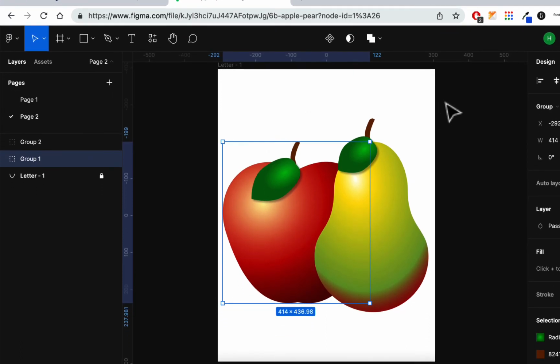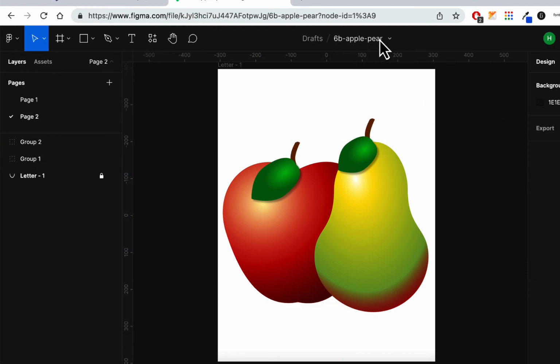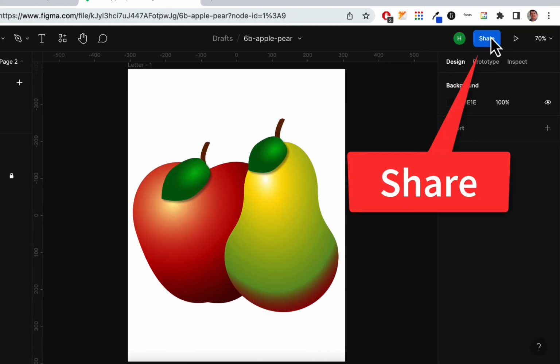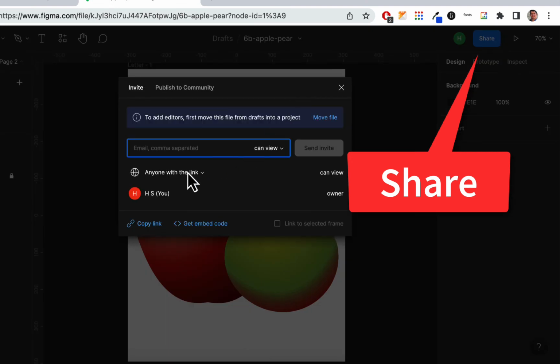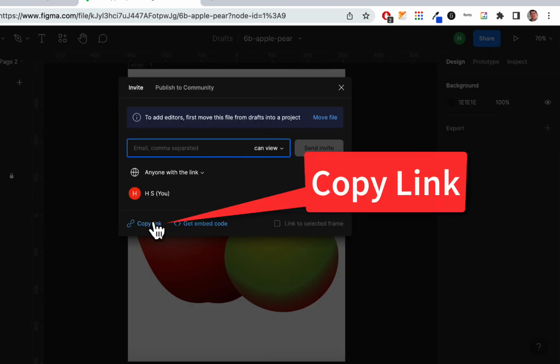Now, I'll click over here. 6B apple pear. If you didn't name it, make sure you name it. If it still says untitled, name it 6B apple pear. And then all you have to do to finish up is hit the share button, and anyone with a link can view it. So then choose copy link. You don't have to email or do anything here. Do copy link,